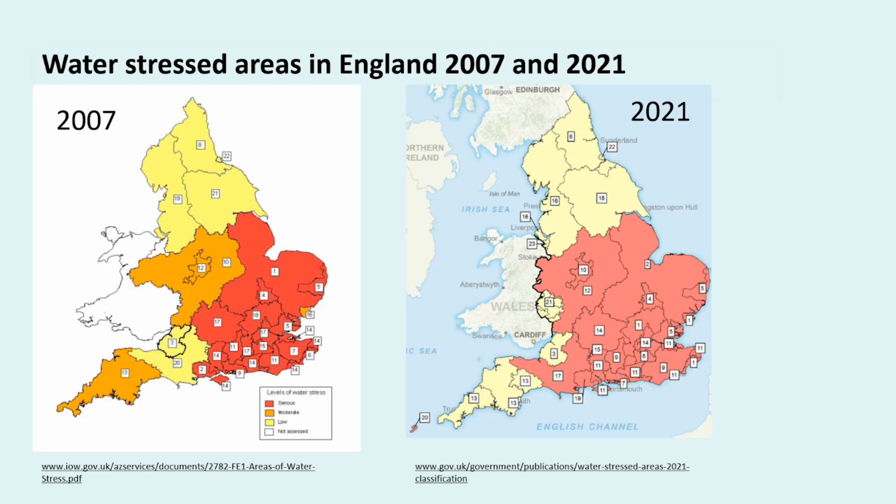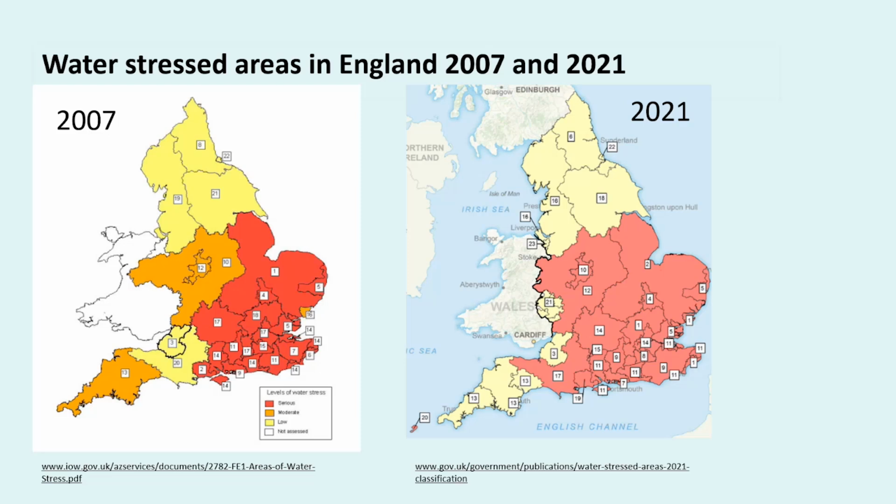You can see on the right that just 14 years later, the Environment Agency had upgraded, or maybe downgraded, Wessex Water, Severn Trent, South Staffordshire Water to seriously water stressed, plus a handful of smaller water companies, including Cambridge and Portsmouth. A further 9 million people live in these regions. So a total of 40 million people in England currently live in areas defined as being seriously water stressed.